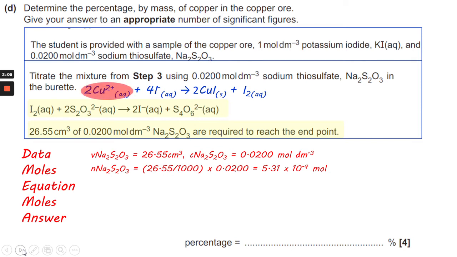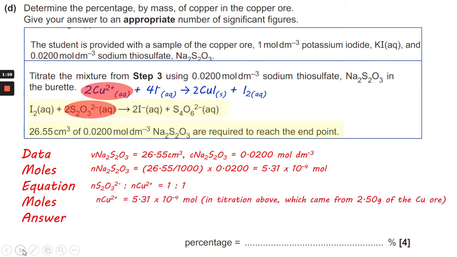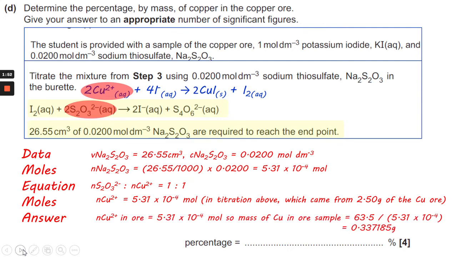So looking at the Cu2+ and the S2O3 2-, you can see that they have a 1-to-1 ratio. So therefore, it's the same number of moles of copper 2+. So that came from 2.50 grams of the copper ore, if you remember the question earlier. So that must mean the moles of copper 2+ in the ore sample is going to be 5.31 times 10 to the minus 4 as well. So we want the mass of the copper in the ore sample, that's 63.5 times 5.31 times 10 to the minus 4, giving us